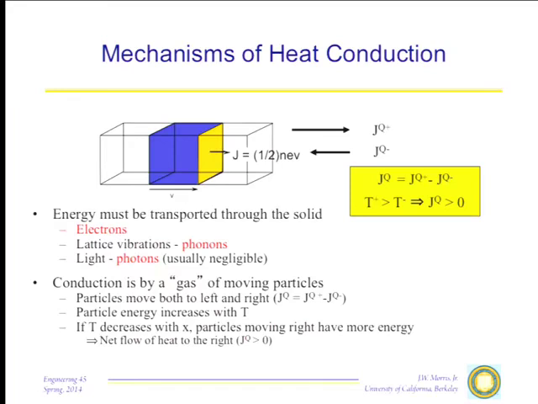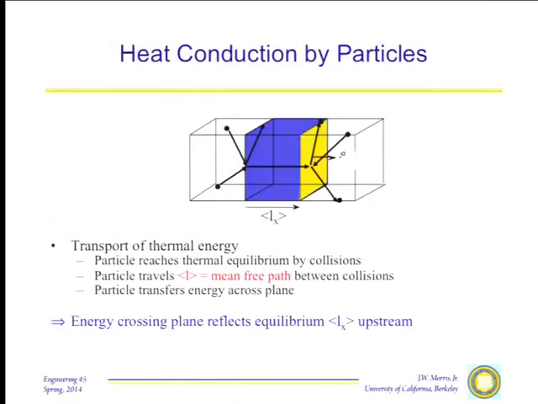So just imagine a gas and a temperature gradient. And you've got excited particles over here, less excited particles over here. They intermix. The net result is a transfer of heat from the high temperature region to the low temperature region. And that's basically what's happening if we just replace those particles by electrons or phonons. Transport of thermal energy. So let's assume the particles reach thermal equilibrium by collisions, whether they're electrons, phonons, or particles